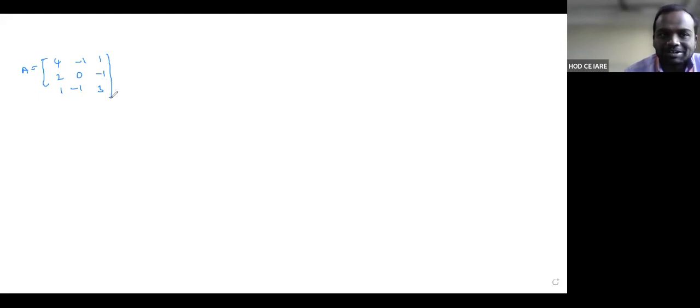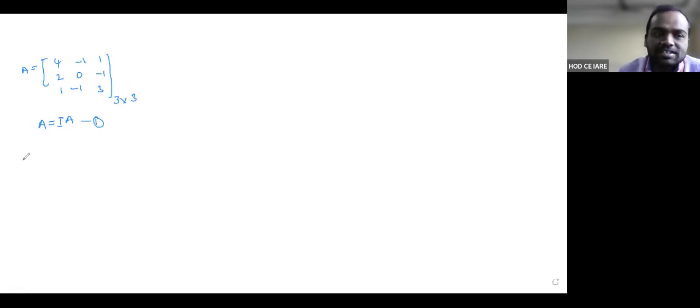Even if it says elementary operations, you have to do the Gauss-Jordan method. Don't confuse here. Here we take the matrix order. What is the matrix order here? It is a 3 by 3 matrix, a square matrix. So using the Gauss-Jordan method, the row operations, we write A is equal to I into A.